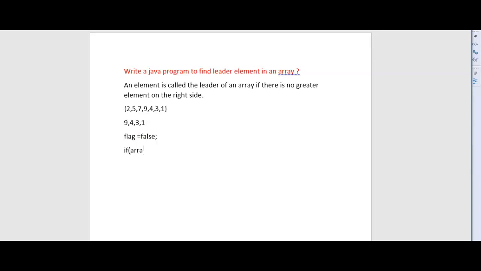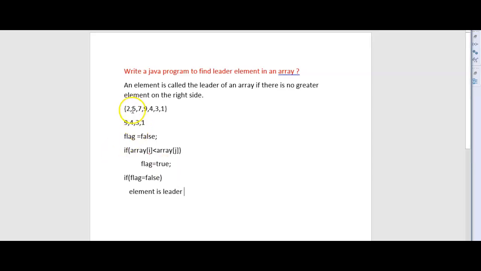We'll write a condition: if array of i is less than array of j, then we'll update the flag value to true. 2 is less than 5, is it correct? Yes, so the flag value is true. Initially the flag value is false, finally it is true. If flag equal to false, then we say that element is a leader element.